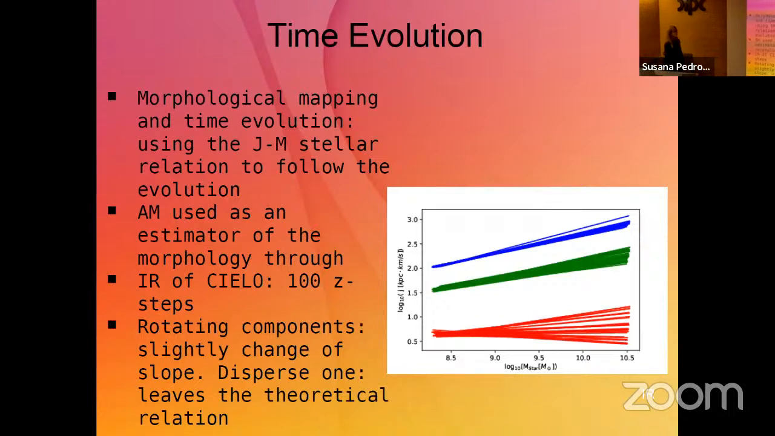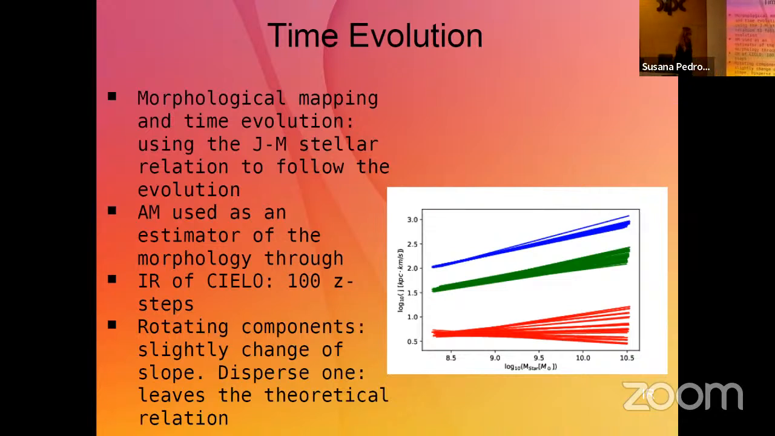And just a comment about time evolution. This is something I'm doing right now with CIELO. As I say, we have many steps in time, so we can follow the evolution. What I did here is just to put the relation and see how it evolves through time. And it's interesting that both rotating components don't evolve very much, but the dispersed one,